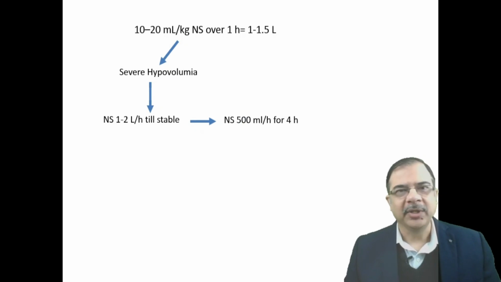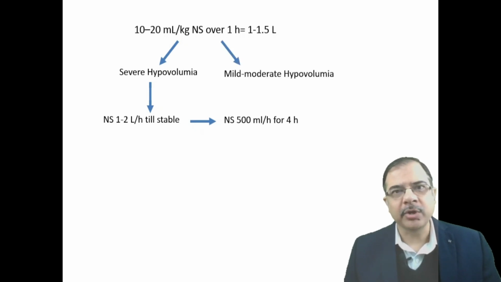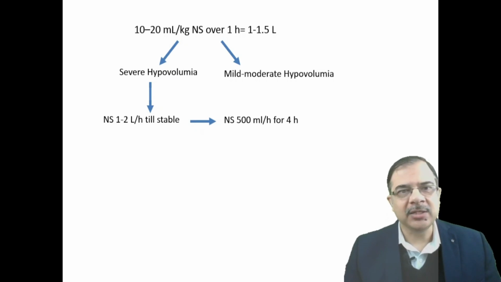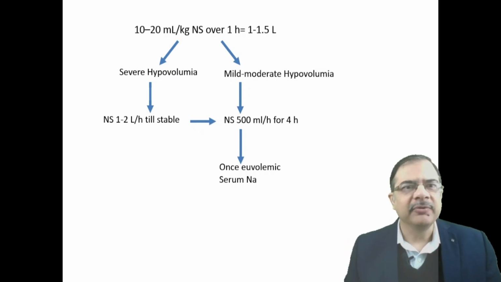Then we will put the patient on 500 ml of normal saline for the next 4 hours. If there is mild to moderate hypovolemia after the initial bolus dose, then go for 500 ml for 4 hours. Once the patient is euvolemic, meaning dehydration is settled and BP is settled, we will look at the